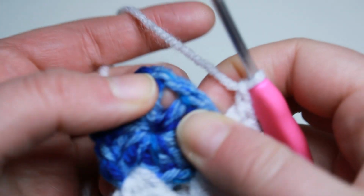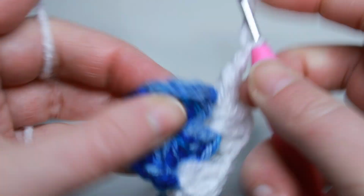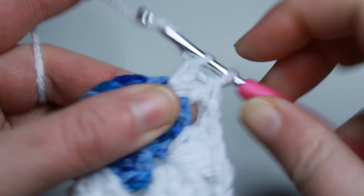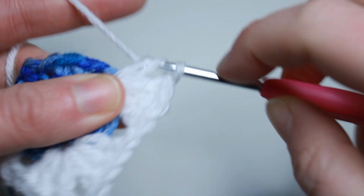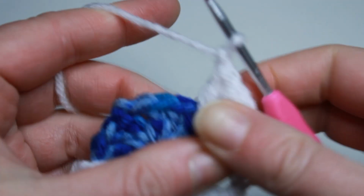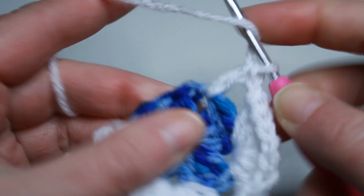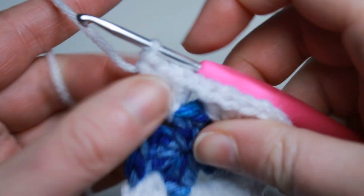Chain 1, and we're going to work around till we get to this corner. So you're going to always have one unfinished edge. Three double crochet, chain 1, 3 double crochet into that same spot. Chain 1 and work 3 double crochet into that next chain 1 corner space. We've got our unfinished edge on this side. I'm going to chain 1,